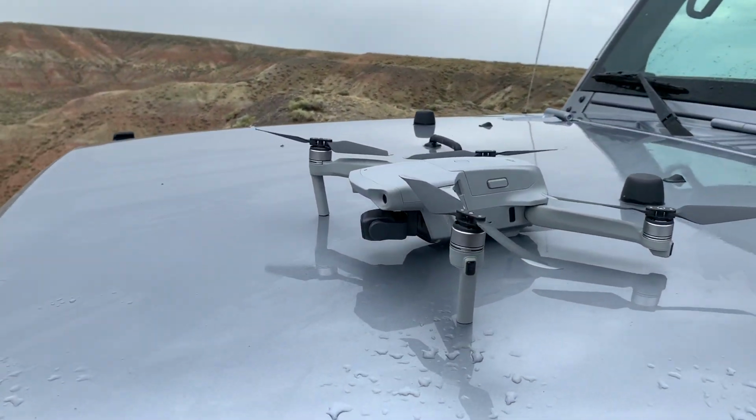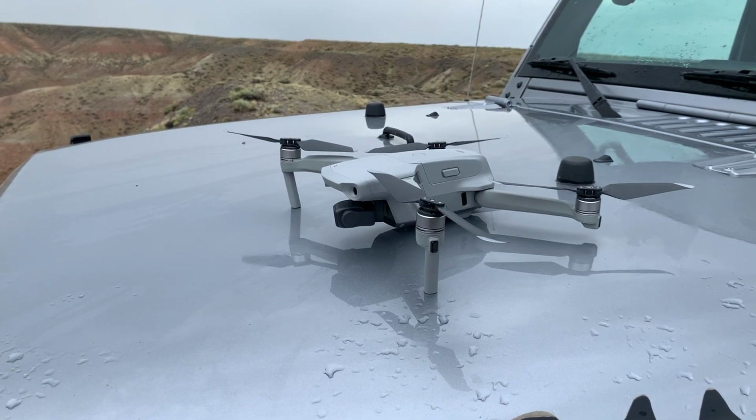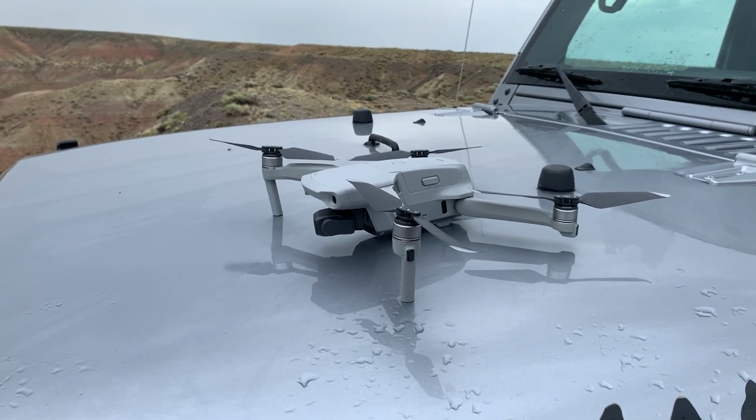I'm in Wyoming and I want to test DJI's claim that a Mavic Air 2 can fly 6.2 miles. So my goal is to actually fly at 6.1 miles and land it remotely. Here's the DJI Mavic Air 2, and hopefully I don't lose it today. I'll pick it up at 6.1 miles